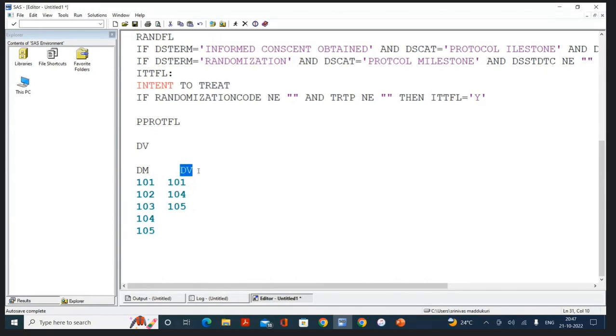Understand this one? Very, very important question. And as I said, all these 7 population flags are very, very important. You are going to get at least 2-3 flags in the interview if you have ADaM in your resume. If you are able to clear these population flags, half of the ADaM entry is going to be over. That much important.